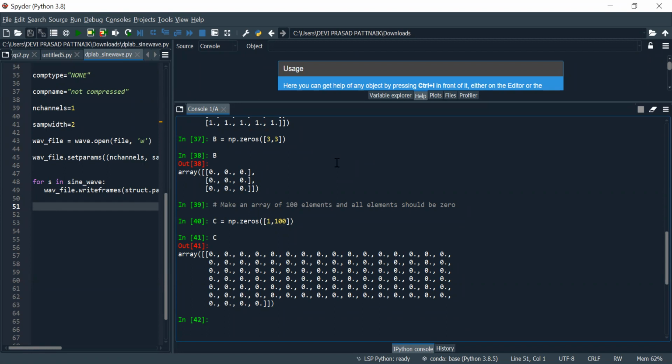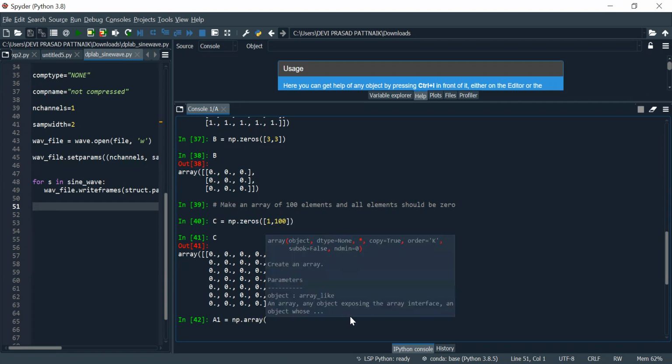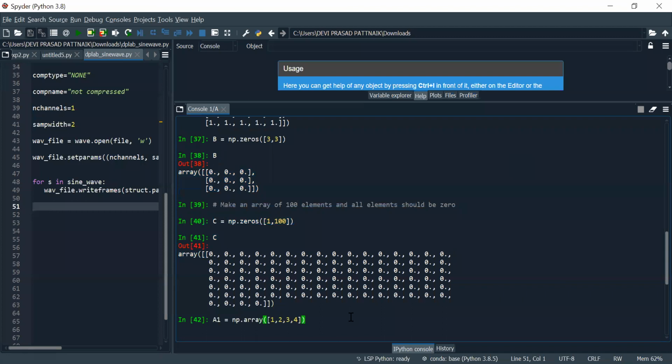Let's suppose we would like to create some array. I'm taking the variable, let's suppose k1 is equal to np dot array and declaring the array elements 1 comma 2 comma 3 comma 4. So if I press enter, what will happen?